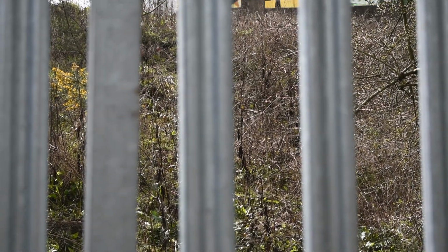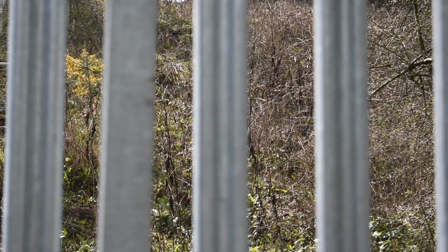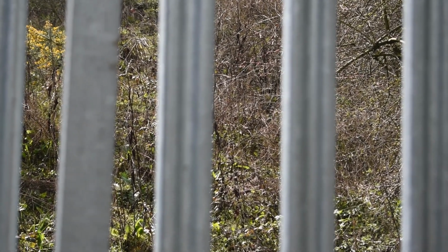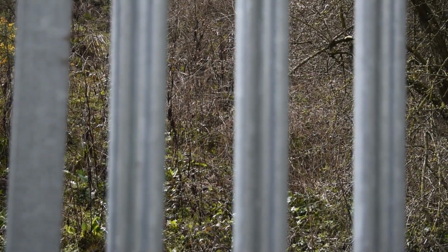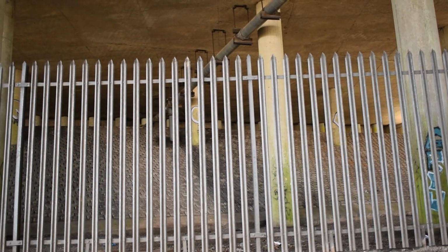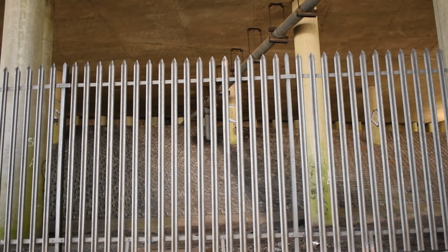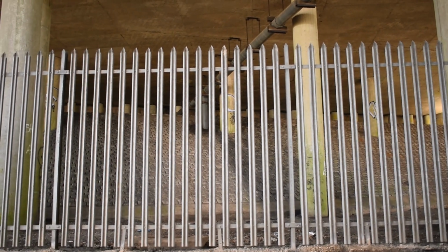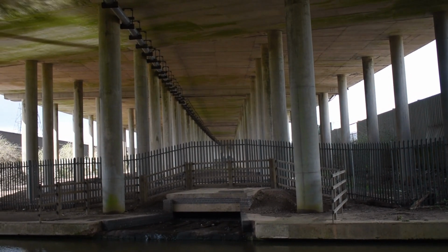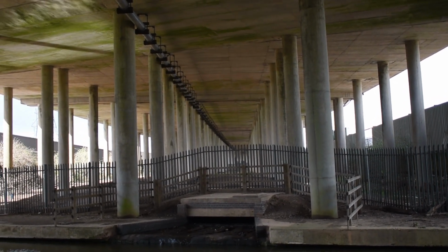Of course, this canal was well out of use when the M6 motorway was built and was already filled in, so they had no problems putting the motorway across here. Well, quick look underneath the motorway bridge here, and the canal would have run somewhere just the other side of that fence in there. And as we look down the other way, you can tell that the motorway is definitely